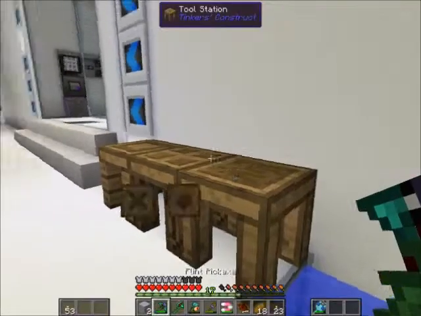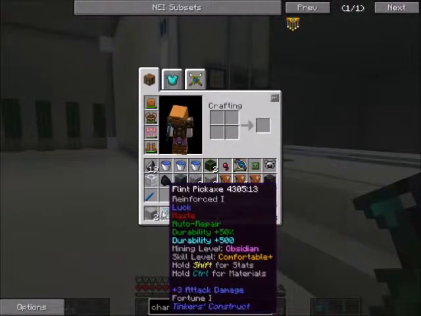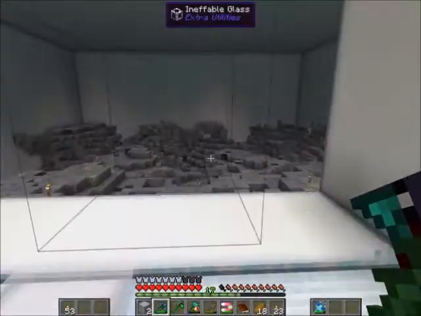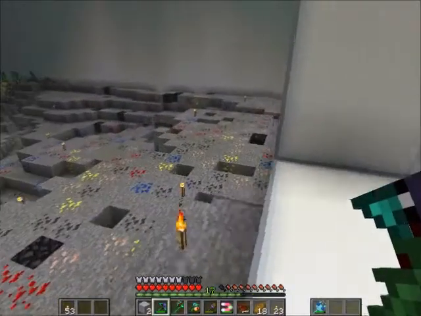Fortune 1 kind of went down. The thing about this is the luck. Sometimes it'll move up, like from Fortune 1 to Fortune 2. And it also slowly gains lapis as it goes. After you mine so many, it has a chance to go up 1. And there's plenty of